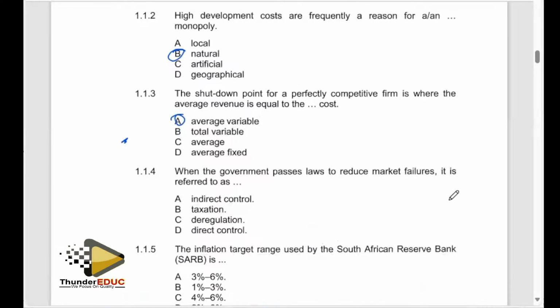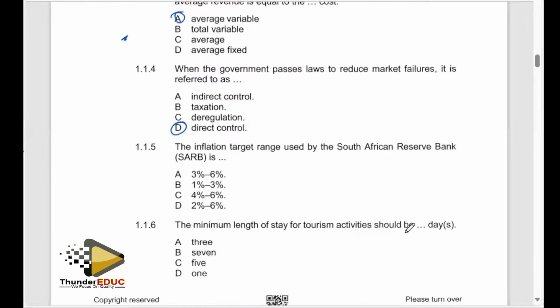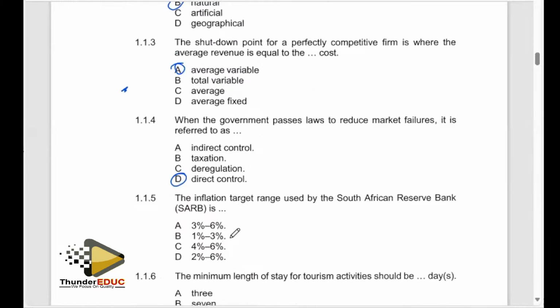Okay, right. So now let's move on to 1.1.4. When the government passes laws to reduce market failures, it is referred to as direct control. So our appropriate answer in this regard is going to be D. Okay, right. 1.1.5, the inflation target range used by the South African Reserve Bank